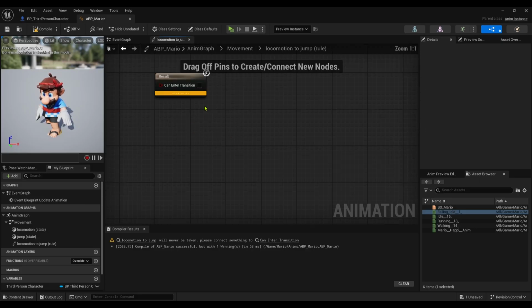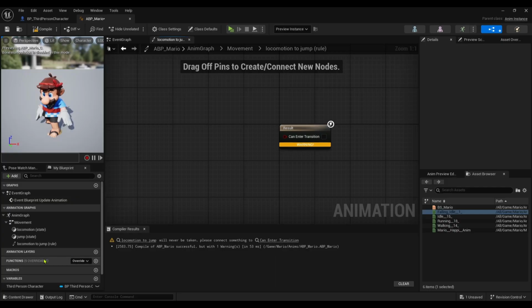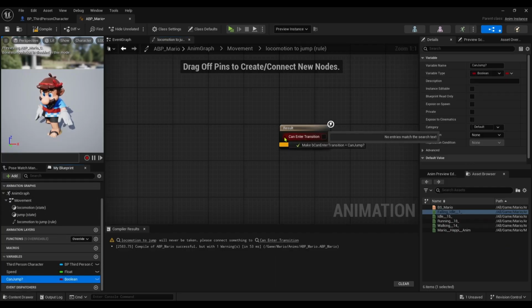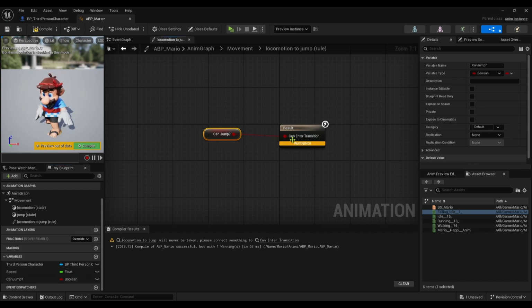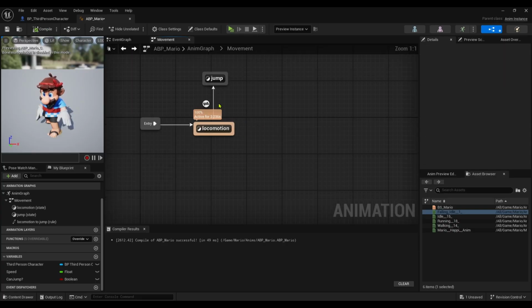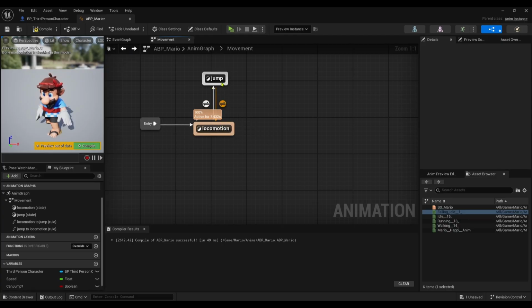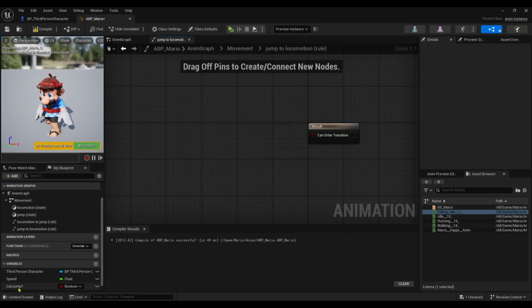So double click on this transition rule, get the variable can jump, and drop it on top here. Say, look, we can jump. Press compile and go back one. Then join this up to locomotion again, so jump goes back when the player jumps and we're no longer in the air. Go back to locomotion, double click, open this up, hit can jump,